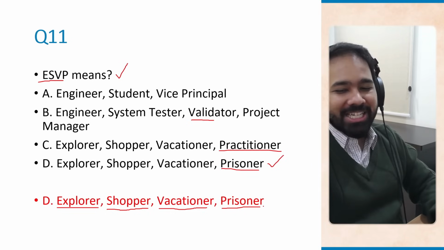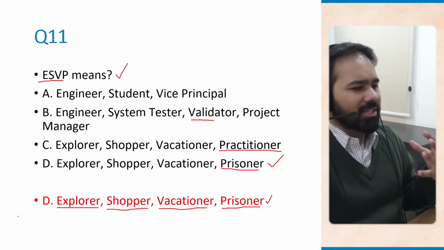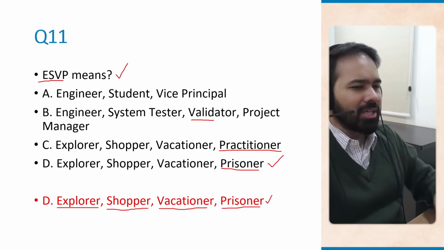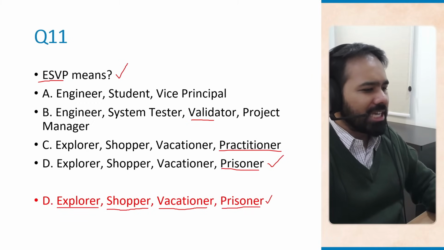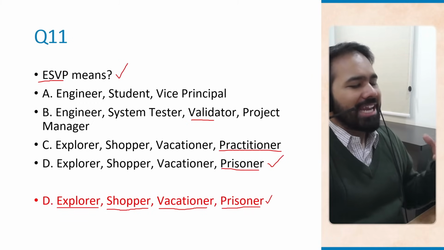So obviously, this is what ESVP is. This is what the teams use at the start of the retrospective meeting to set the tone. And a scrum master can use this, or an agile project manager, whoever is running this retrospective meeting, can use this to set the tone of the meeting and adjust